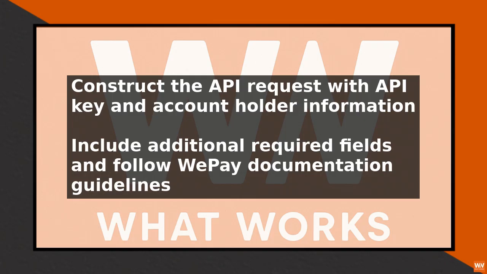Once the information is gathered and validated, construct the API request. The request should include the API key, account holder information, and any additional required fields. The API endpoint for account creation is clearly defined in the WePay documentation, and the request method is typically a